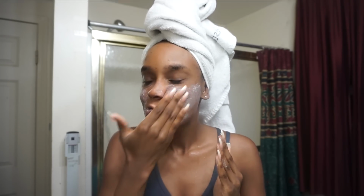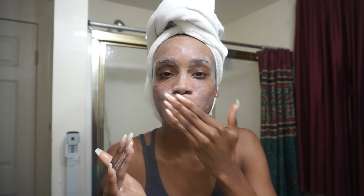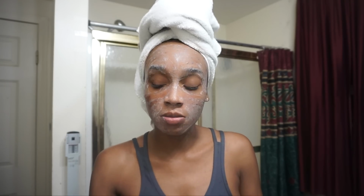So I go ahead and wet my face first, of course, and then I go in with the exfoliator and just rub that all over my face. I'm not doing it very rough. It looks like I'm doing it very rough, but I'm actually being very gentle and just kind of going in circular motions and rubbing the exfoliant in. I also like to go in and exfoliate my lips just to get some of the dead skin off of my lips as well. So after I have scrubbed that into my skin for about a good minute,